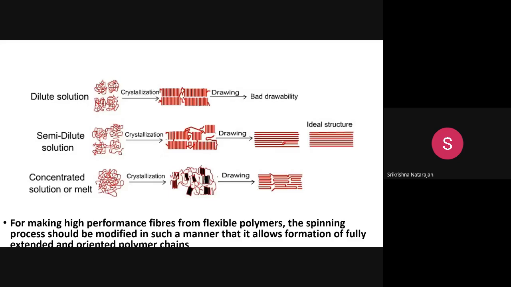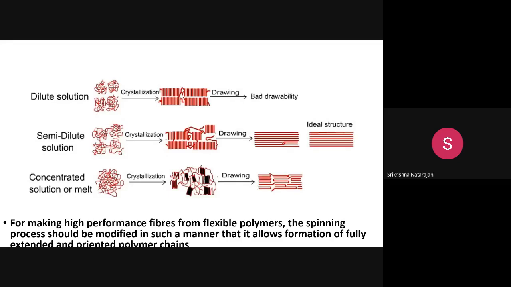So if the entanglement density is very high in a concentrated solution or the melt, if you make a very highly concentrated solution, or if you just melt and have the molten solution, in both cases it will be like a convoluted Maggi noodles. And once some crystallization happens during fiber manufacture, there are some chain foldings like this, the polymer chain foldings, and in some places where the crystals are there, you can see this kind of black thing, and there are other places where some defects are there.